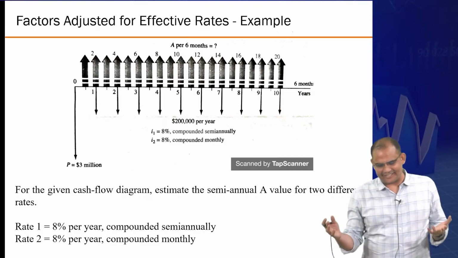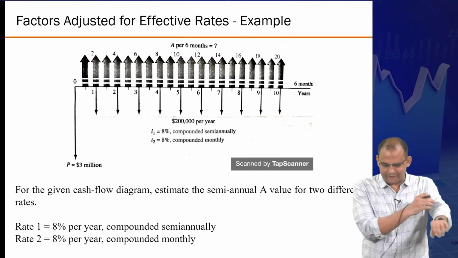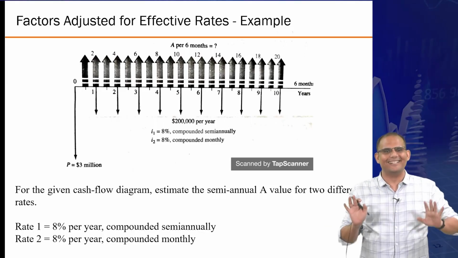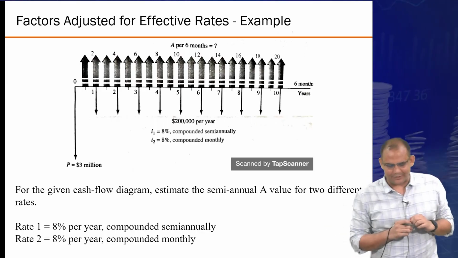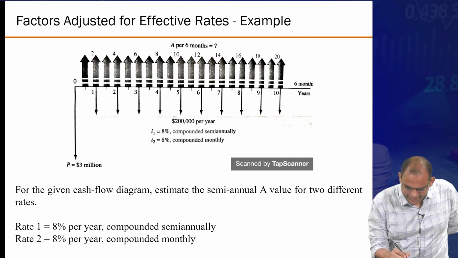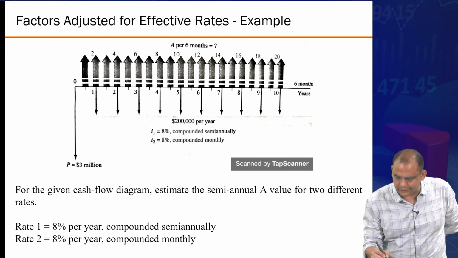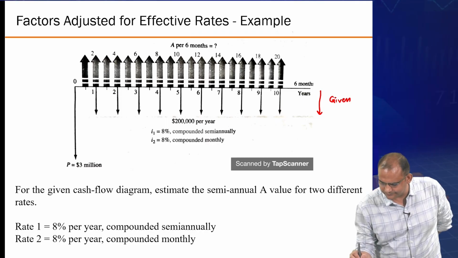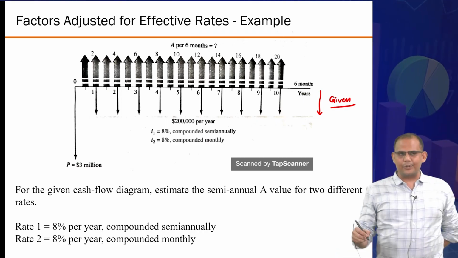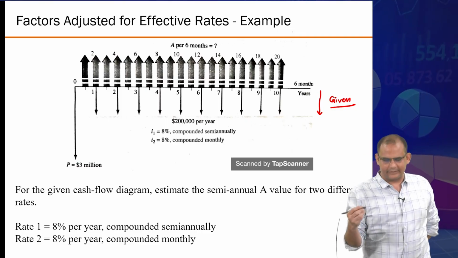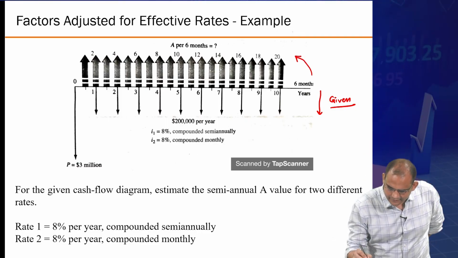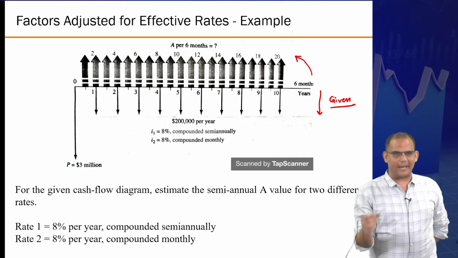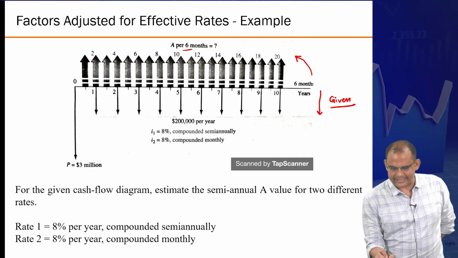So this is a totally, I don't find any physical significance of this question in the real world, but let's do this. Okay. So what does the question say? You have this annual series which is given to you, the series on the bottom side. You as an investor are interested in finding, instead of this series, what would have been an equal payment per 6 months.